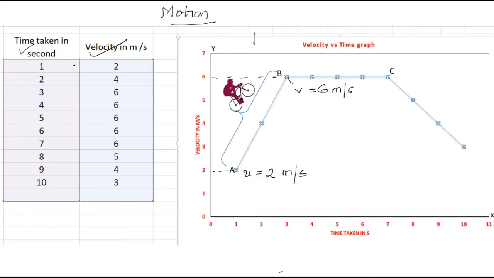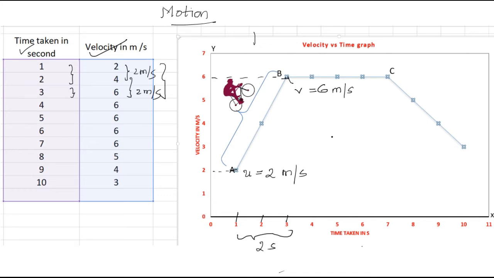For example, from first second to second, in 1 second there is 2 meter per second, and then again from 4 to 6 meter per second, 2 meter per second for the next second. And therefore from A to B, there is a 2 meter per second increase for every second. So first second is here, second is here, and so on. So how much time have we completed here? 2 seconds. It starts from 1.